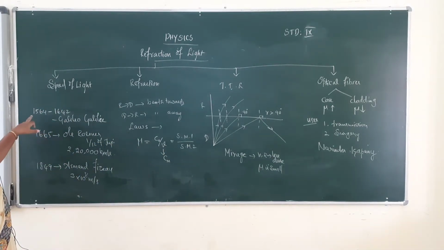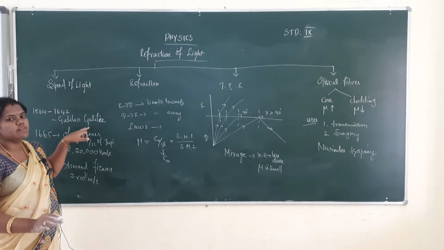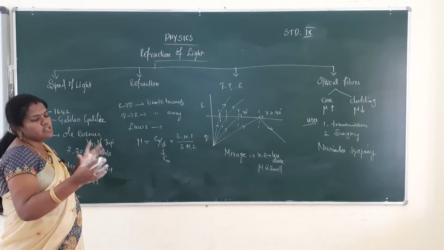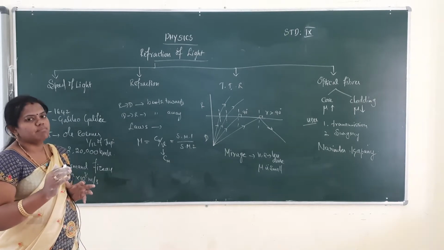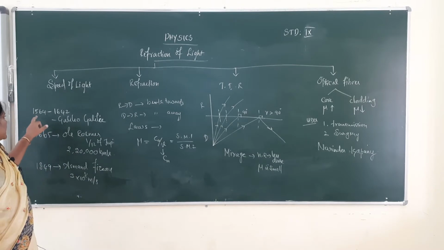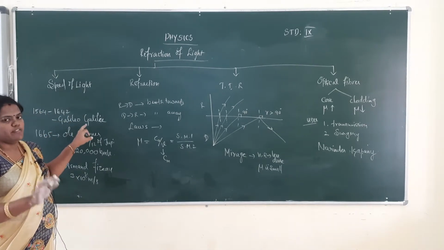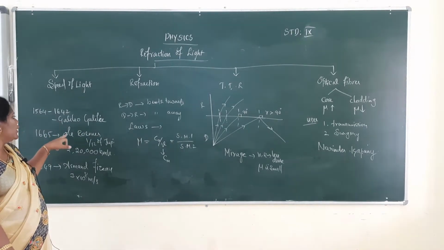In the year 1564 to 1642, Galileo Galilei discovered and analyzed the speed of light, giving a value near 2.2 into 10 power 8 meter per second. So in 1564 to 1642, Galileo Galilei analyzed the speed of light, and then in the year 1665